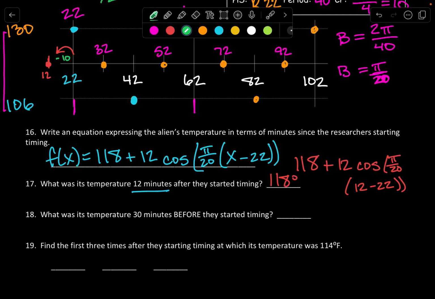Sorry, I'm going for 12 minutes after. I just realized I made a mistake here. 12 minutes after would be 34. I'm sorry, I made a mistake on that last one. I just plugged in a 12, but I can't do that. It's 12 minutes after it started, so it should be 34. So let me work that out real quick. 34. My temperature would be